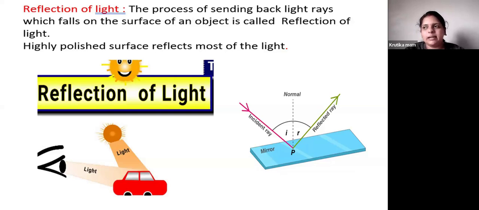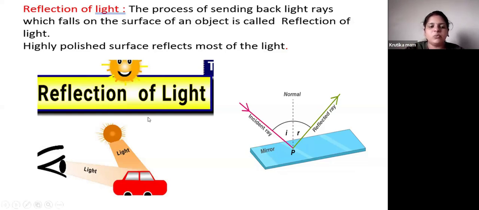So what does reflection mean? Reflect. Okay, so for example, there is one student in front of me. Whatever I say, he or she will repeat that. That is nothing but reflecting. Do you understand? What we do is say the same thing back, right? So reflection of light, we will also learn reflection of sound. So what is reflection of light, you can see in the figure.